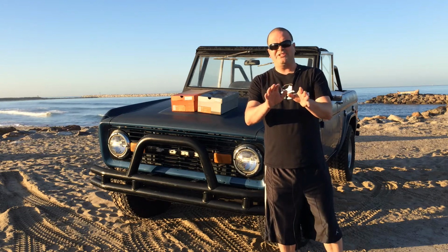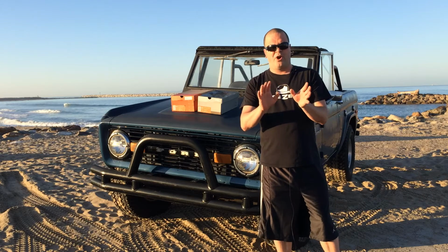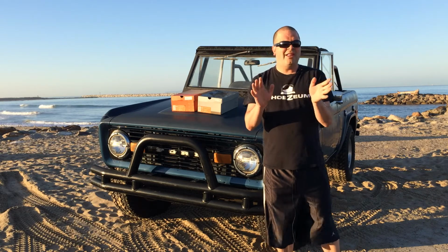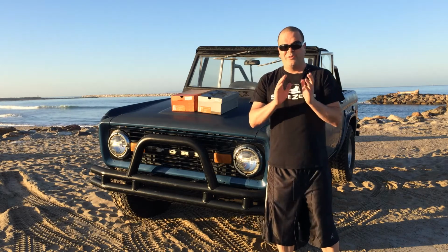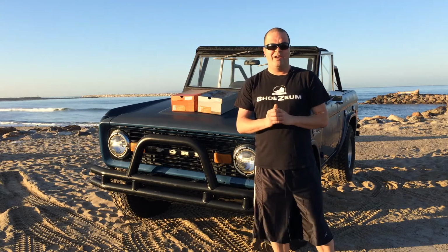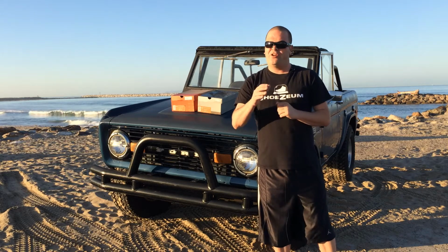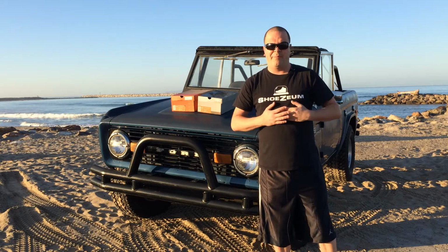I'm standing here at the beach in front of my childhood dream car, a 1973 Ford Bronco. And when I was a kid, all I ever wanted for my first car was a Bronco just like this. Of course, my parents would never let me get one because they said they were way too unsafe. So I had to wait until later on in life when I would make enough money on my own to